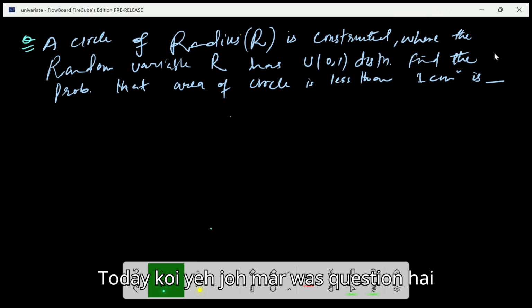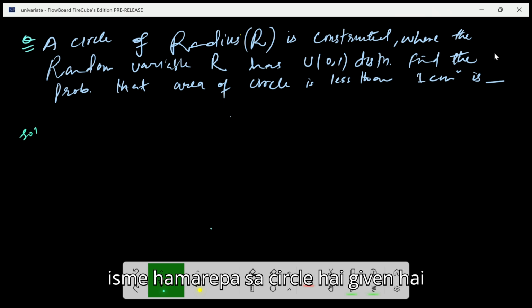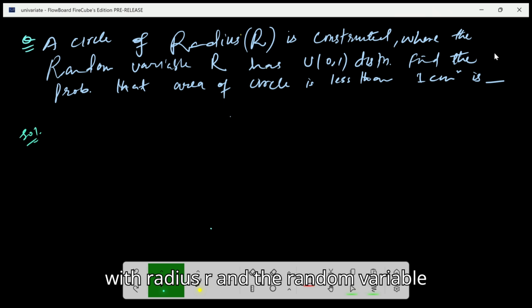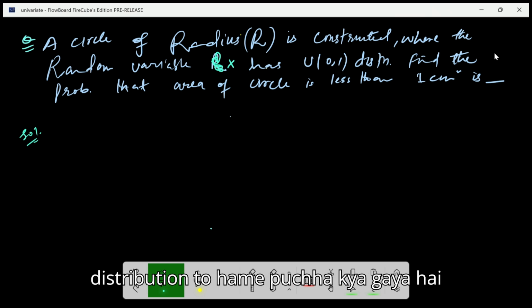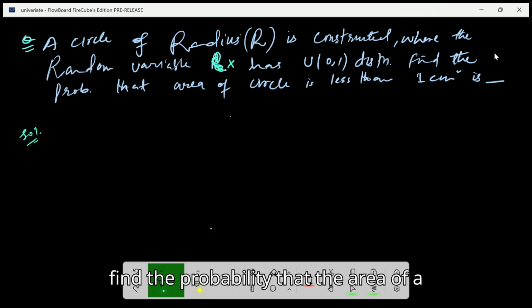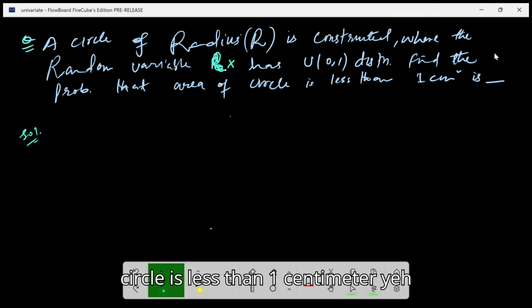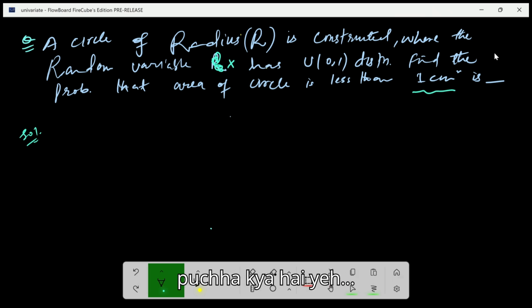तो देखो ये जो हमारे पास क्वेश्चन है इसमें हमारे पास सर्कल एक गिवन है विथ रेडियस r एंड द रैंडम वेरिएबल लेट्स से दिस इज x, जो डिस्ट्रीब्यूशन है उसका x का, दैट्स द यूनिफॉर्म डिस्ट्रीब्यूशन। तो हमें पूछा क्या गया है, फाइंड द प्रोबेबिलिटी दैट द एरिया ऑफ ए सर्कल इज लेस देन 1 सेंटीमीटर, ये पूछा गया है। तो इसको हम सिंपली कैसे करेंगे, देखो